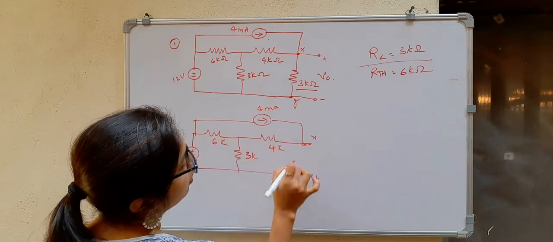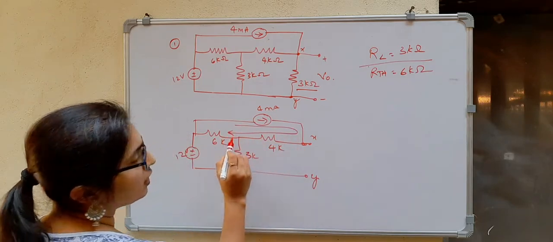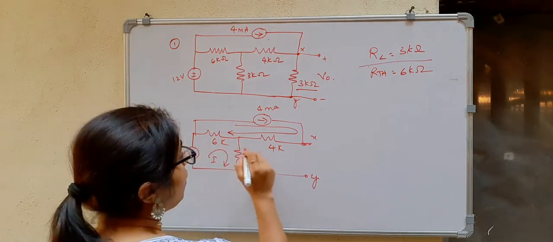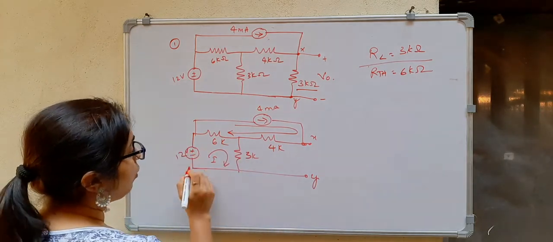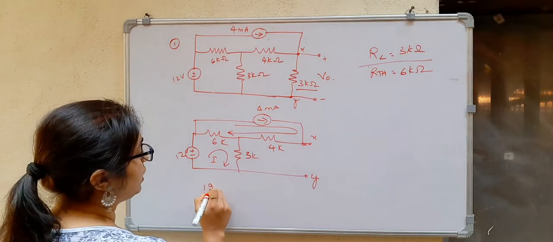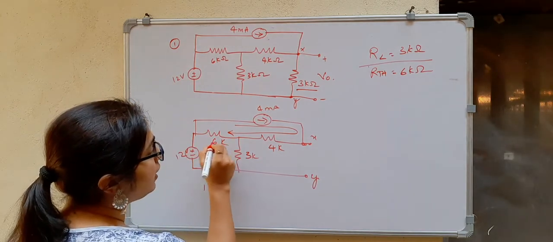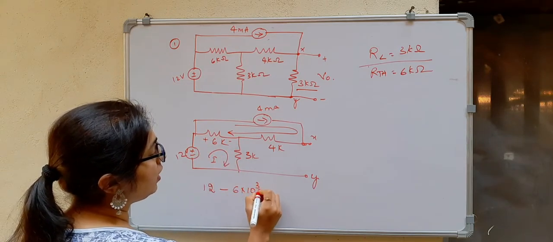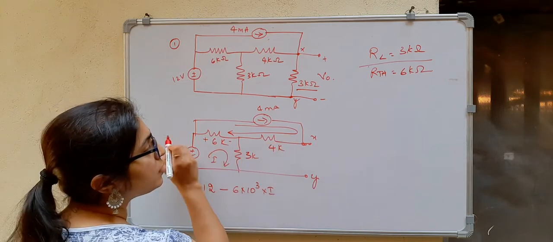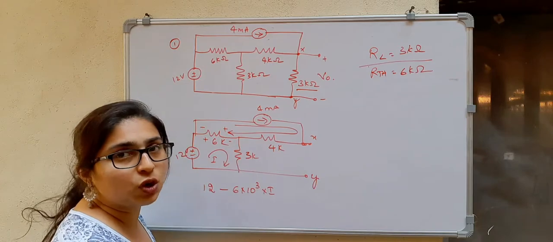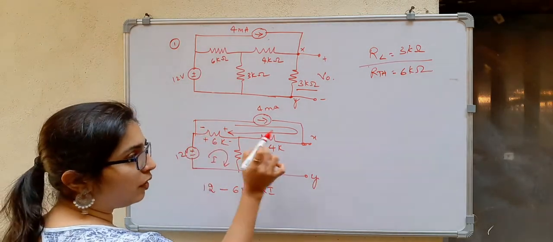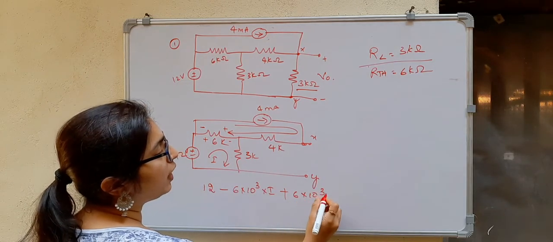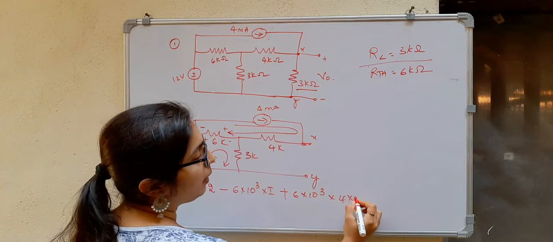Okay. Now we can say this 4 milliampere is flowing in this direction and I will consider a current here, that is I. Now if I apply the KVL, I am going from this, that means I am getting the negative first, so it is positive 12. Next here the current is in this direction, so here the drop is plus minus, so minus 6 into 10 to the power 3 into I. And you can say another current which is flowing in this direction means here you have the voltage drop like this. So since negative is first, if I am moving in this direction, that will be plus 6K. And what is the value of current? Value of current is 4 milliampere.